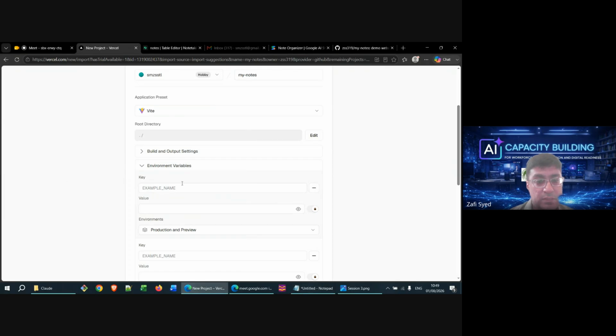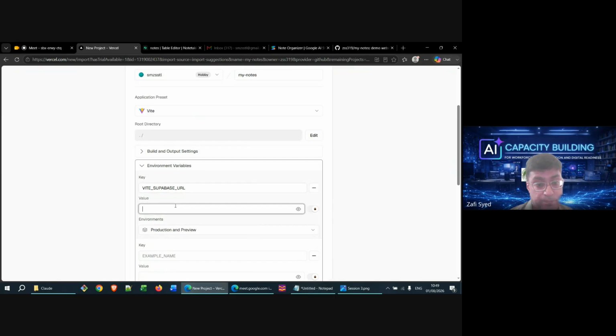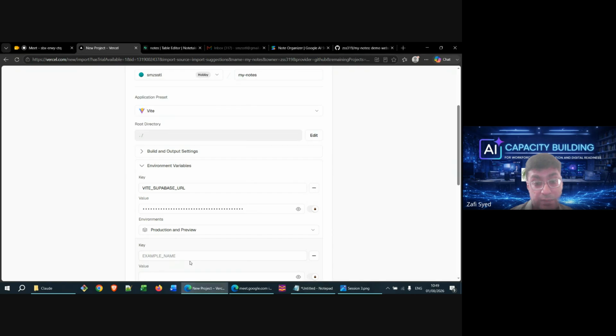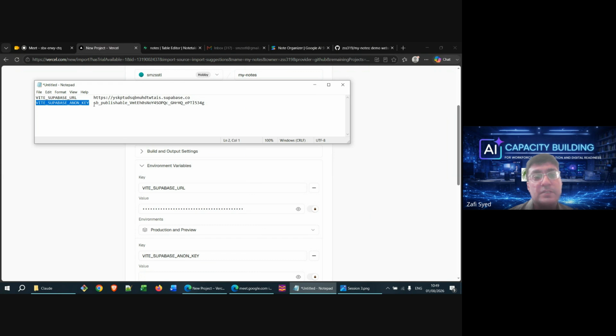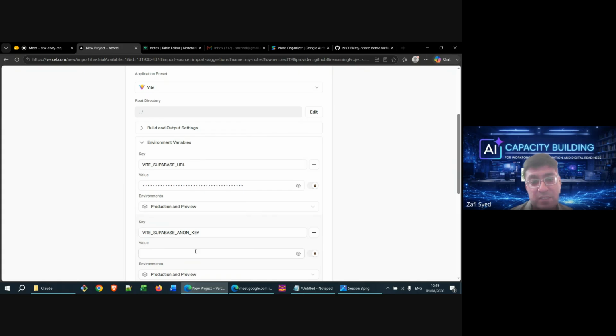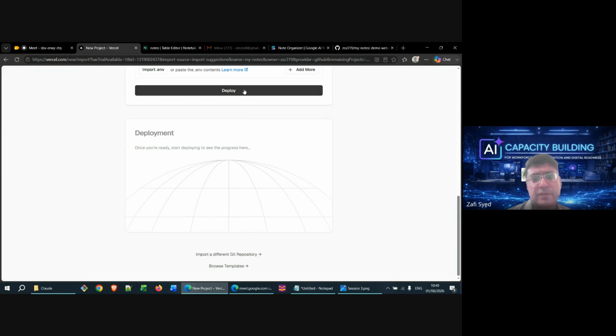So I'll copy this. This is the key, and the URL to our project is the value. And of course, we'll do this for the anon key, which is now called the publishable key. It's possible, if you're watching this when Google releases the new model, that they may just call anon key publishable key. Right, so we've set this up.